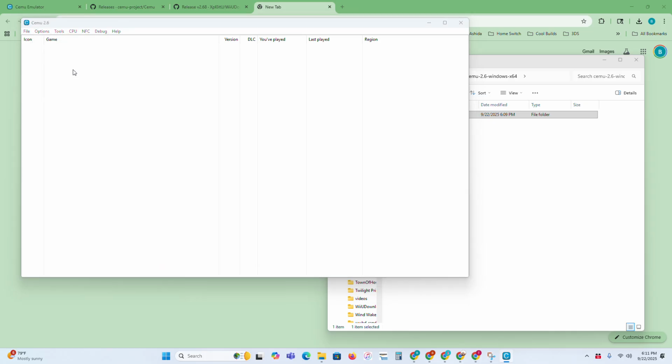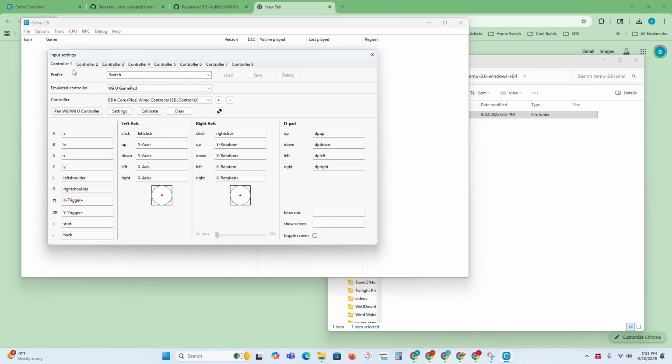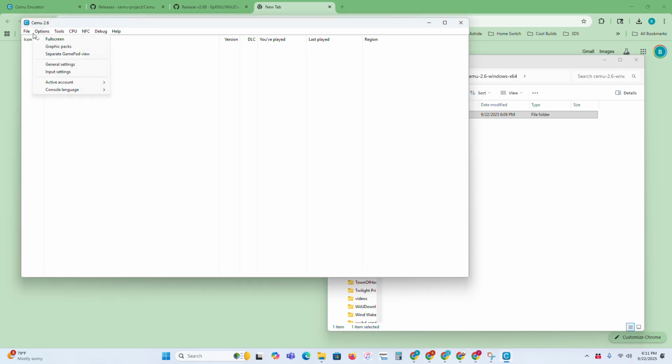And the input settings, I would just recommend getting a wired controller, and you can choose what emulate controller and what controller you're using, and then you can configure all the buttons. Then you can change the controller settings, and then also if you want to go back to general settings,